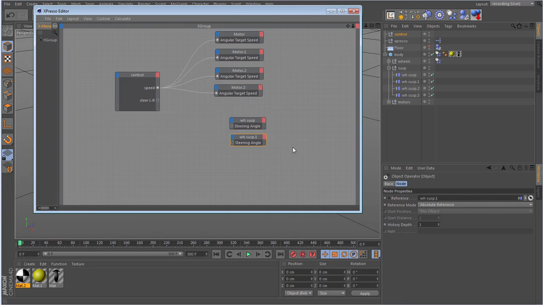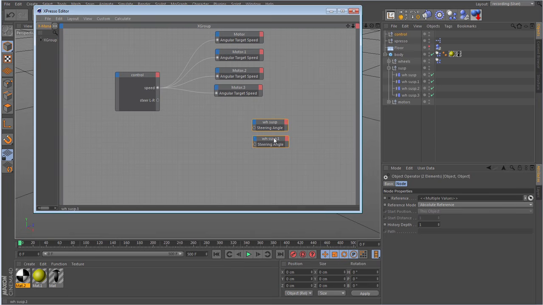Now, a radian is about 57 degrees. So I usually work with a ballpark figure of half a radian left and half a radian right. That means that the wheels are going to be on full lock one way about 30 degrees and about 30 degrees the other way on the other lock. So about half a radian is the kind of ballpark number I want to be feeding into here. So I've got to convert these plus and minus 100% to plus and minus half a radian.